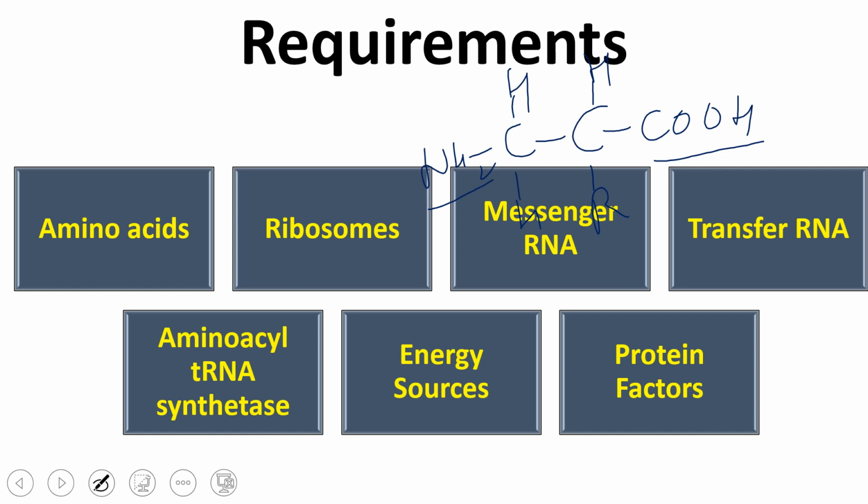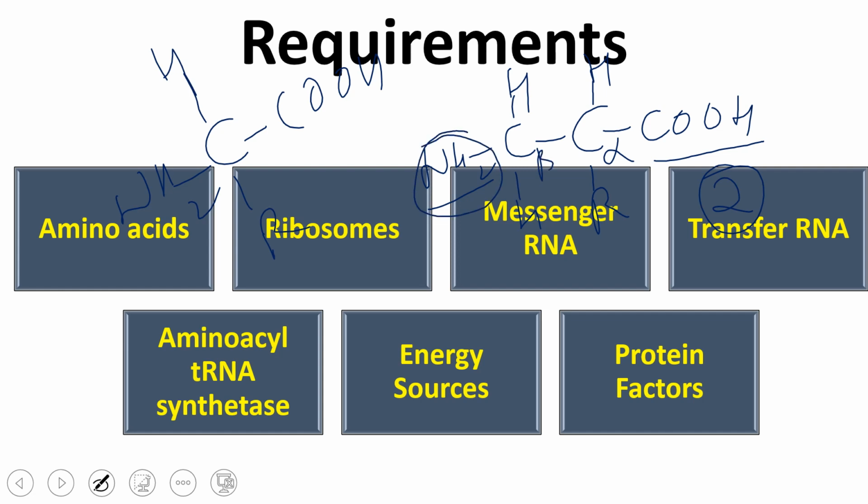Yes, sir. But the difference from the previous one which I have written here: if you see, in the second compound, this is my alpha carbon and this is my beta carbon. So the amino group is associated not with the alpha carbon, but with the beta carbon. Whereas in this case, the amino group is associated with the alpha carbon. So this is my alpha amino acid and this is my beta amino acid. Clear? Similarly, we may have gamma amino acid, we may have delta amino acid, depending on where the amino group is associated.